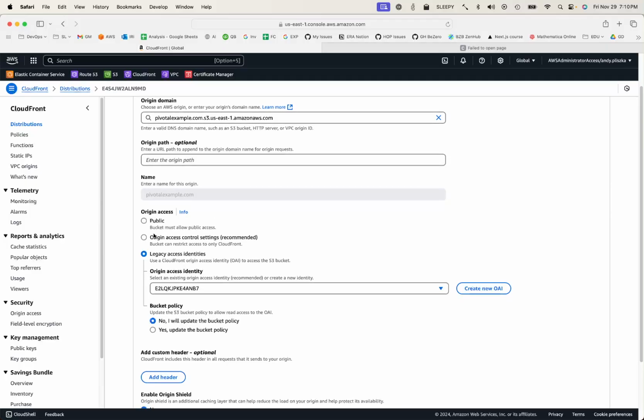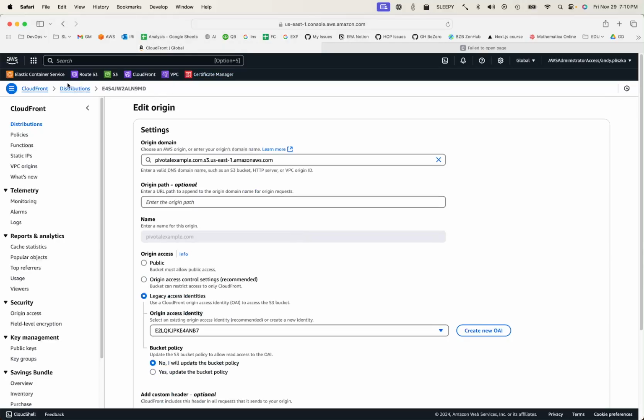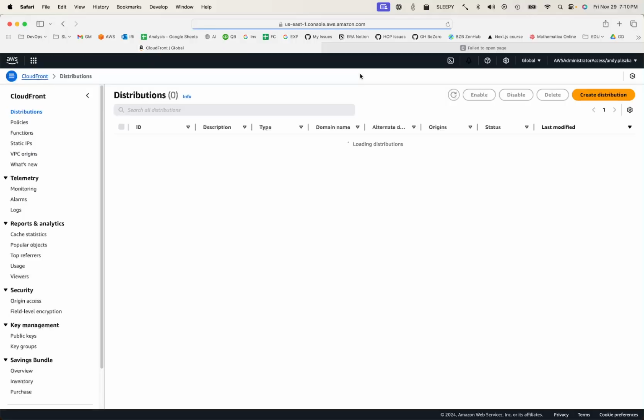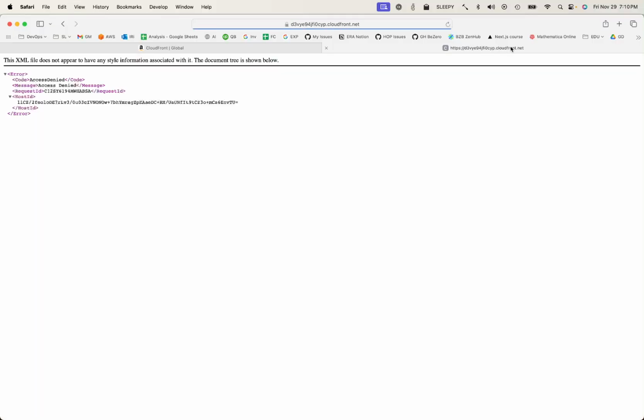We should probably switch it to this one because this looks like this is not recommended. Okay, cool. So we'll just wait for it to get deployed. It's deployed. Does it work? Okay, so it's working, but we have an issue with accessing